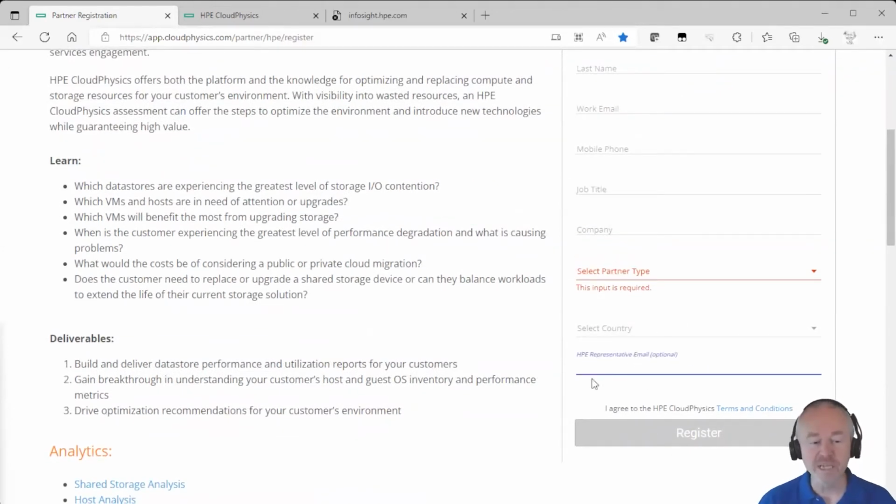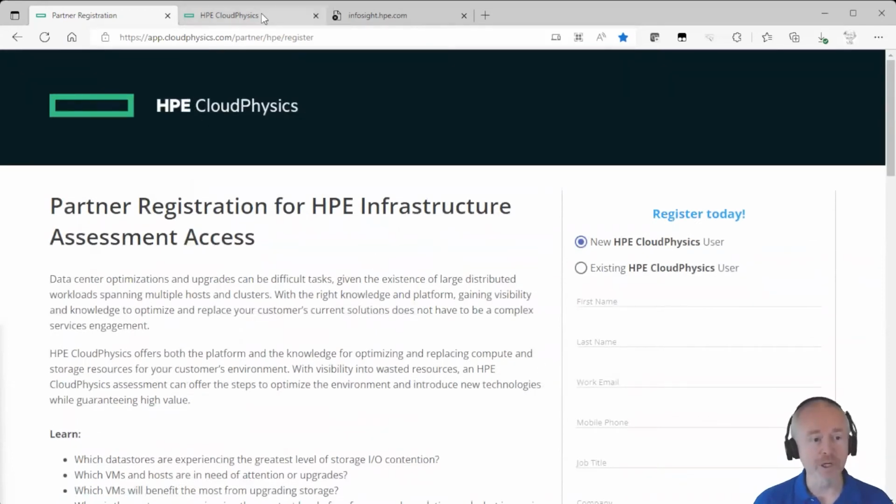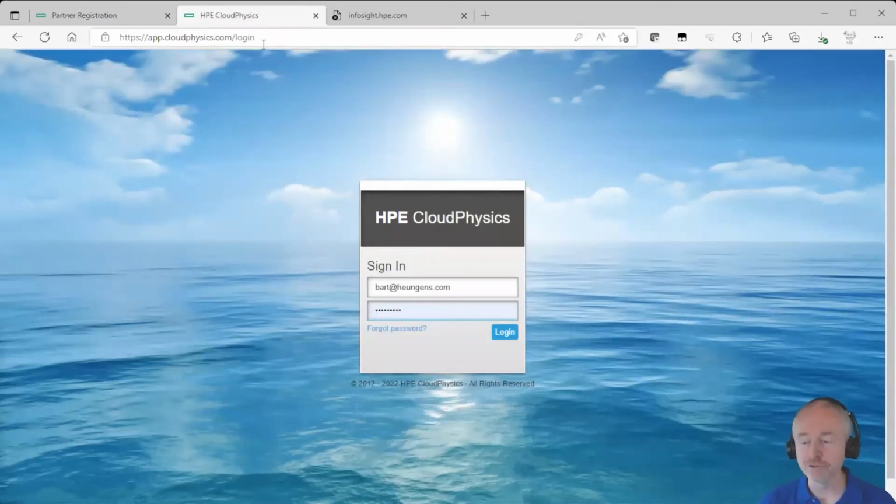If you want to speed things up, maybe you can put in here your HPE representative's email, which is optional, but it might help because of course they need to validate. So put your PM account manager in there and then you register. And at that moment on, you're going to log on to the website through